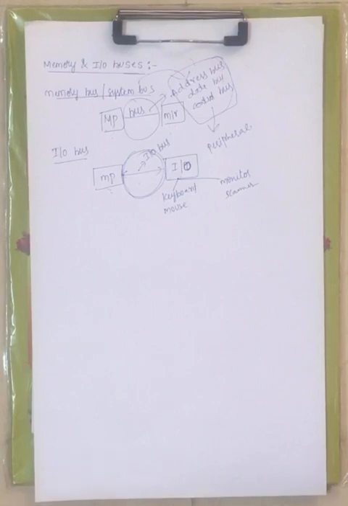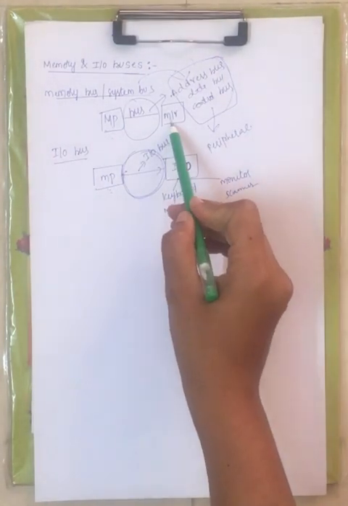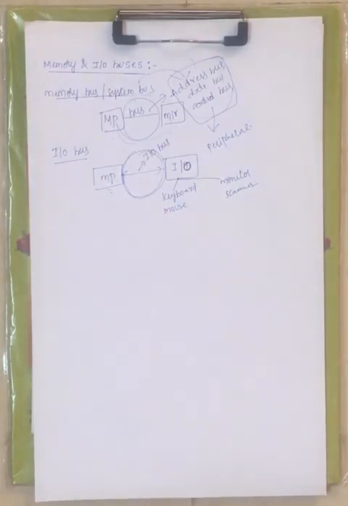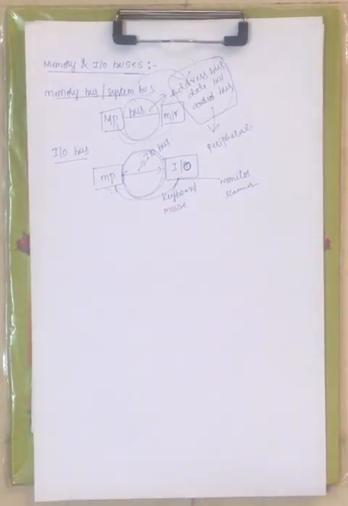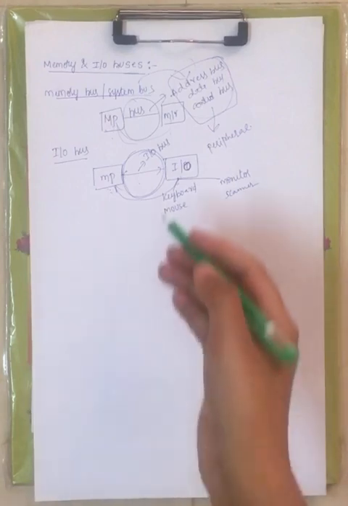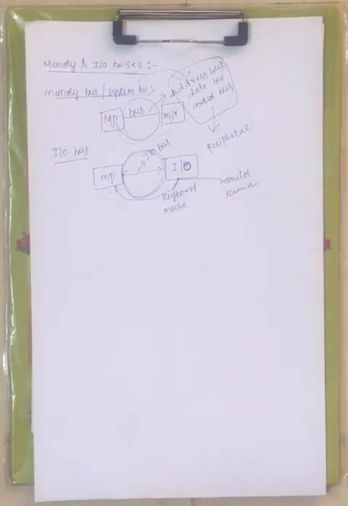Now coming to the memory bus, the memory bus or the system bus is used to make a connection between your microprocessor and the memory. Since you are making the connection between your microprocessor and the memory, it is called the memory bus, right? Since you are making the connection between your IO devices and the microprocessor, that's why it is called the IO bus, right?